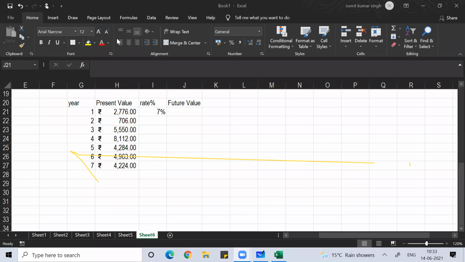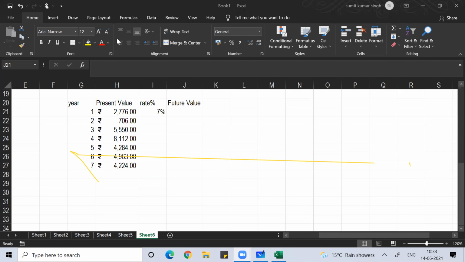Suppose the product in which I have invested is a 7 year FD or RD from the bank, and suppose the bank is giving me 7% interest. I hope you are understanding. So whatever money I put in the bank, that money will grow at the rate of 7%.